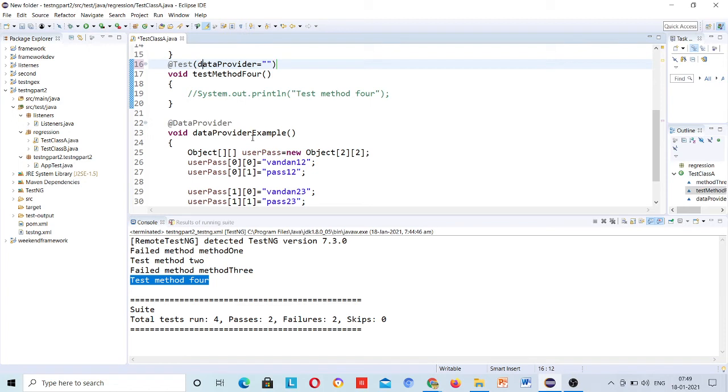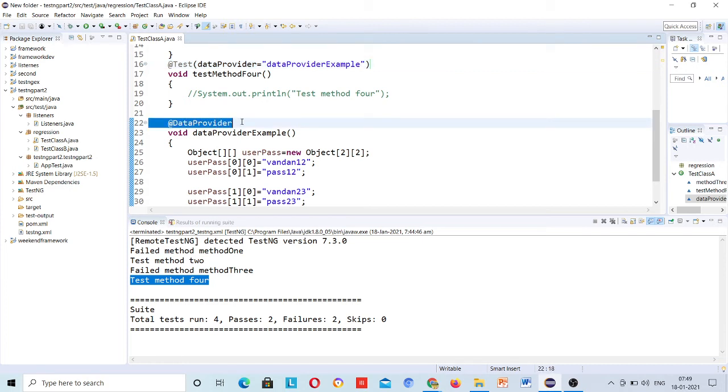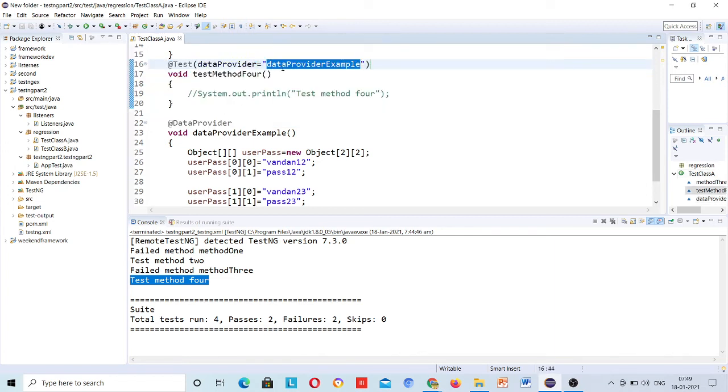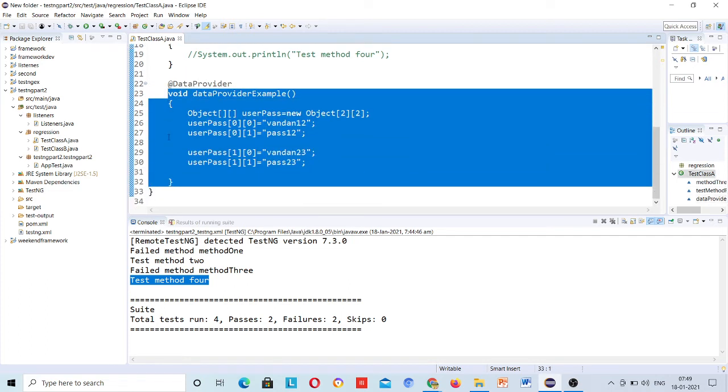So here you have to pass the method name, the data method it is using as data provider. That method name you have to give here. This data provider annotation will provide data to this method where I will write dataProvider equals name. So this method's responsibility is to provide the data to it, and it will complete its task.